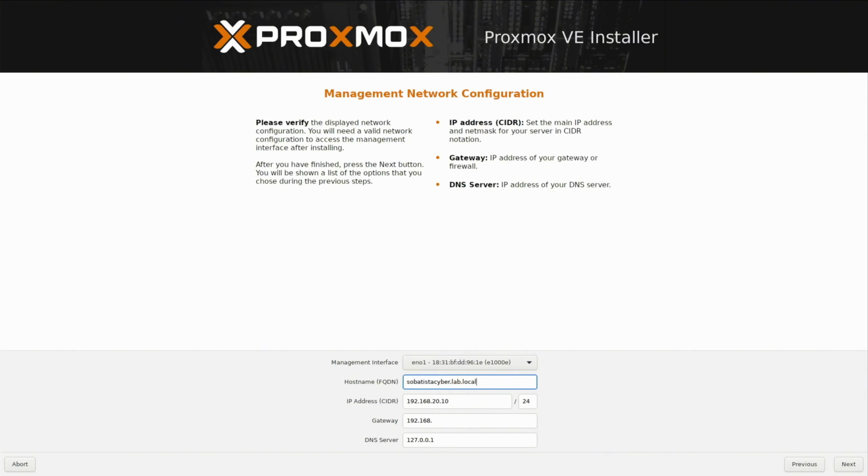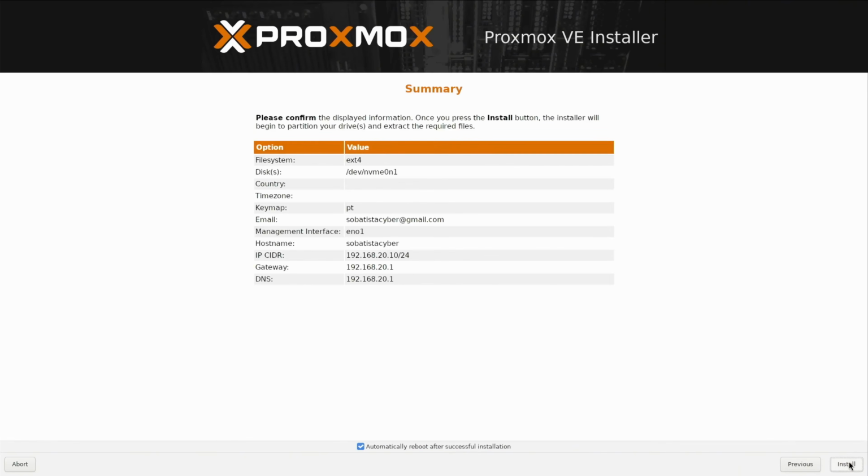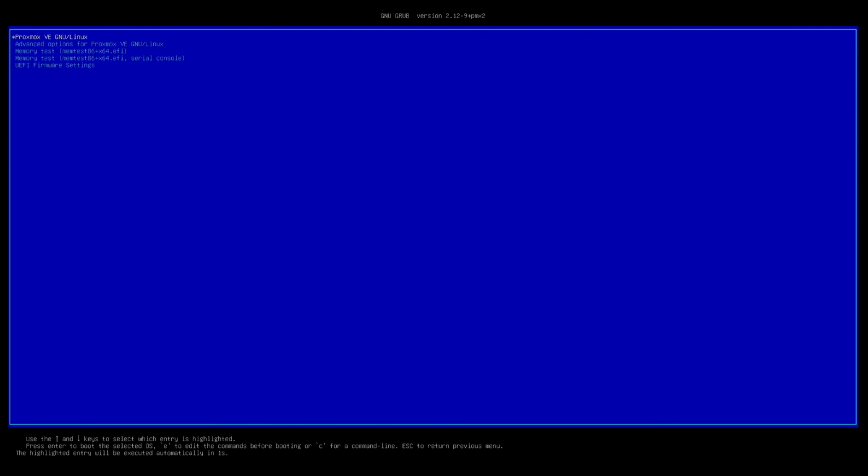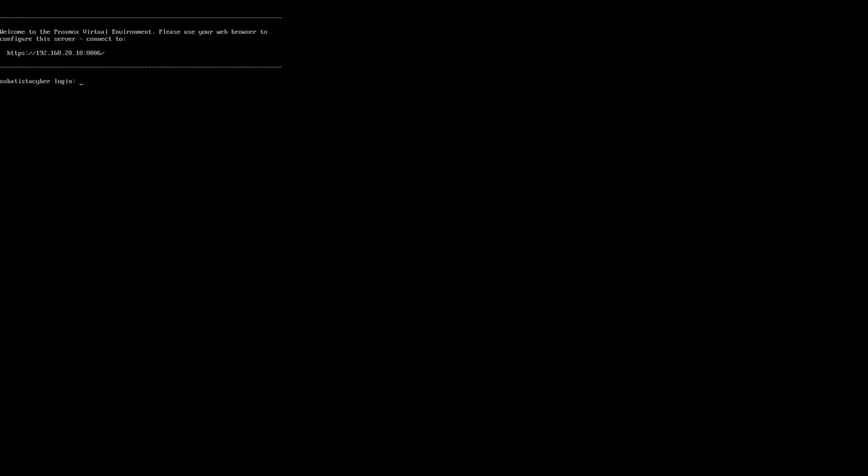Next we give the IP of the Proxmox VLAN and that will be 192.168.20.10. The gateway and DNS server will be pfSense, so 192.168.20.1, and we click next. We confirm everything and we click install. As you can see here below on this bar, Proxmox is being installed, so we just need to wait a little bit. Now after this, Proxmox will reboot automatically, and after that we can access Proxmox from our computer at